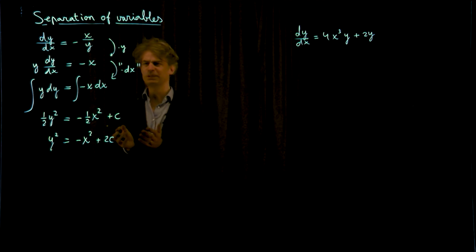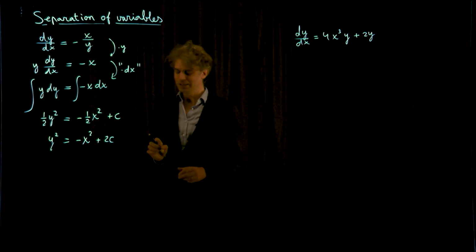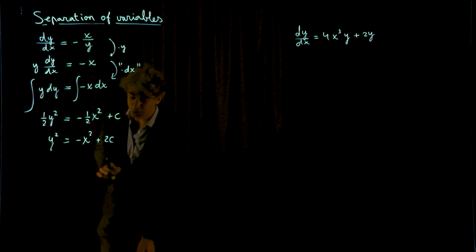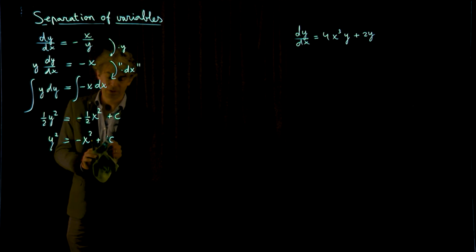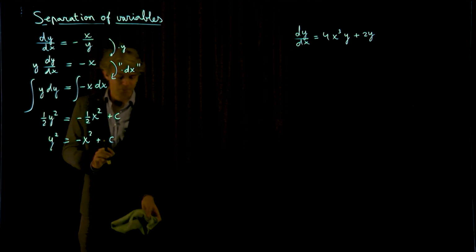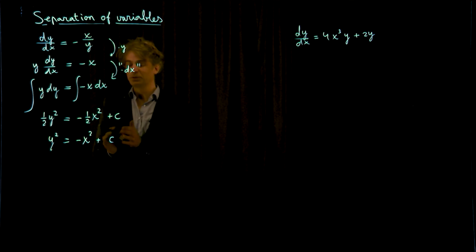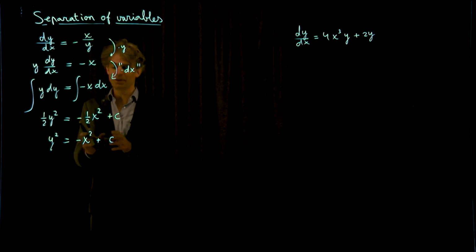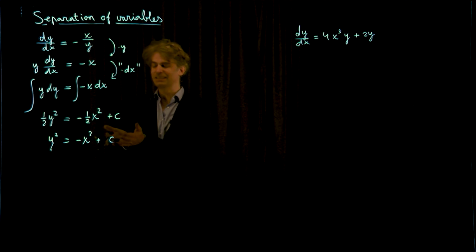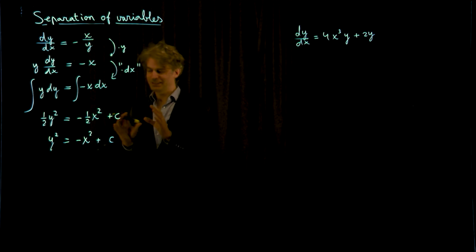And what people do, which is again sort of fishy, however, it's okay, is that people don't put the 2 here. They say, okay, c is actually a new constant here, but it's still a random one. So algebraically this doesn't make sense, but it does have meaning in the sense that this is still a random constant. It's just twice the constant we had there. So there's some funny things here.